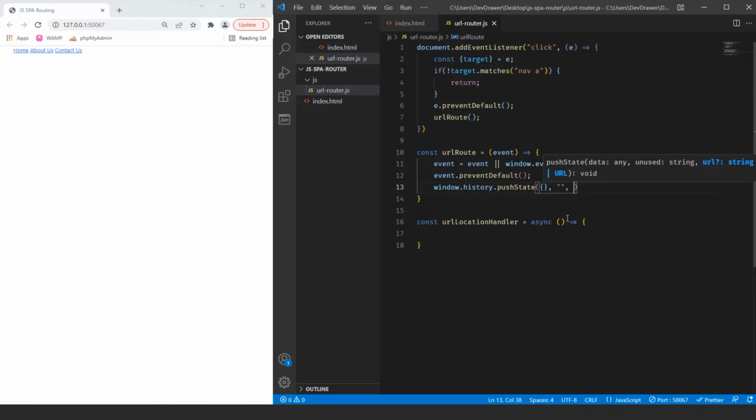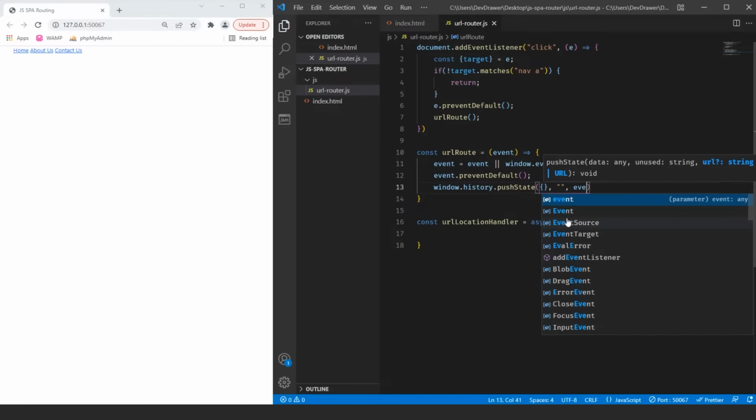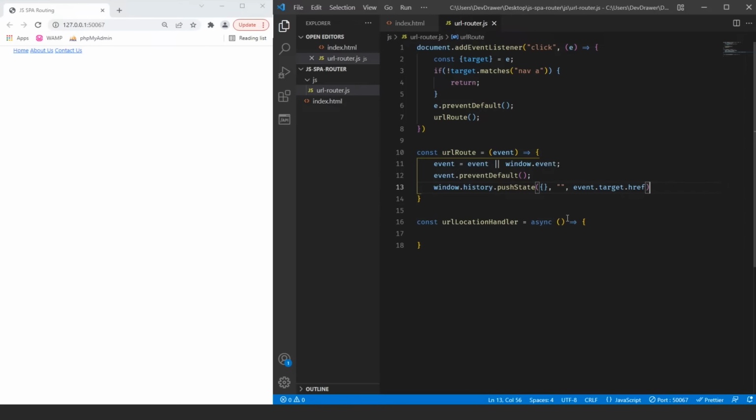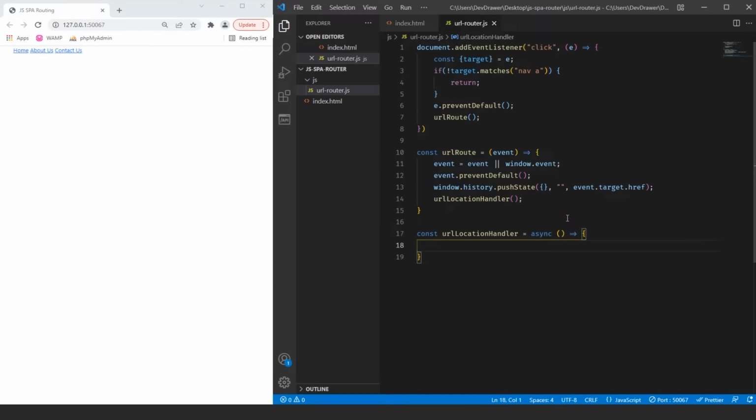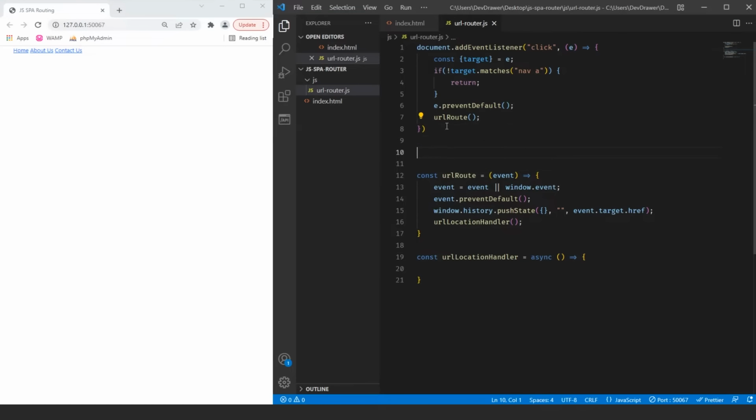And then the actual target link, we want to do event.target.href, and that's going to be pointing to the href of the link that we're passing. And then we finally want to call our URL location handler. Okay, so now going down inside of here, this is where it actually grabs the responses that we're trying to push out. So before we come into here, I want to create another constant up here that's going to be, not a variable, an array